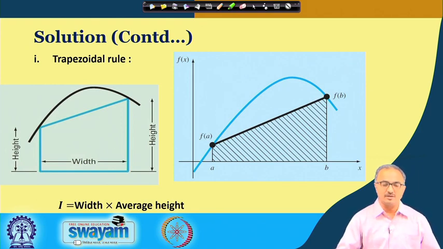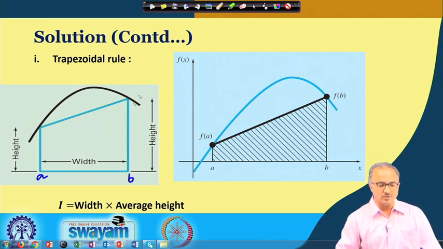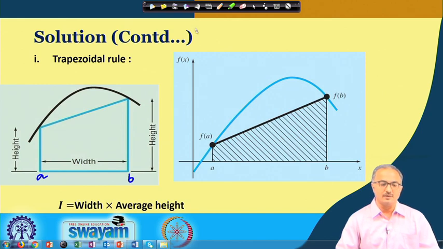With that geometric interpretation, we see that here we have the domain. So we are making a trapezoid like this: this is the function value at a, and suppose this is the value at b. With these two values we have made a straight line between the two points. This is the width. So you can easily see how you find the area of a trapezoid. FA is shown here, FB is shown here, and the shaded portion is the one we are interested in.